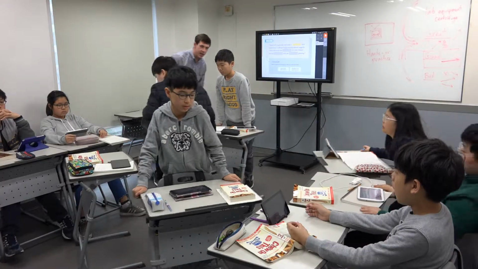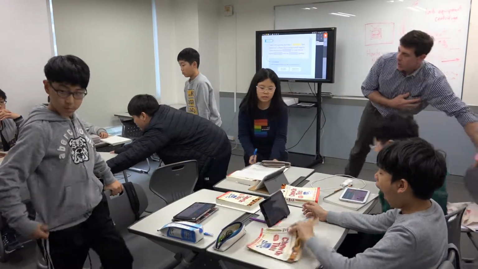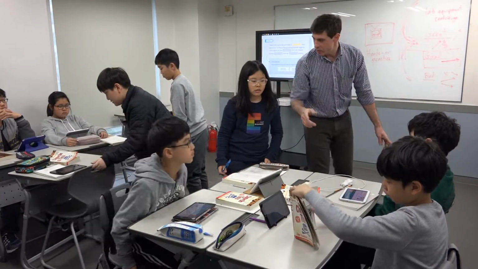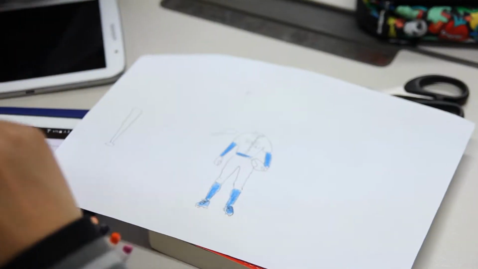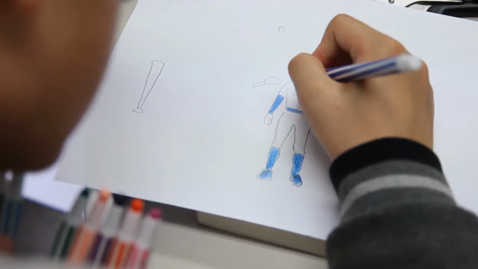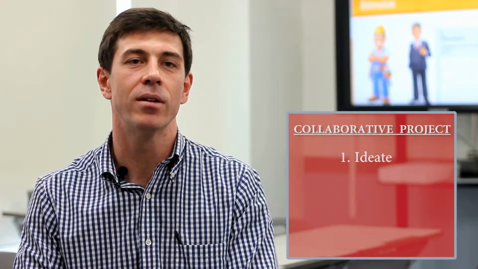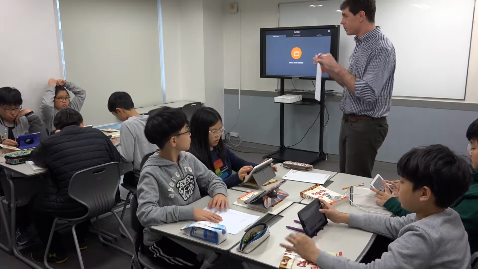For the collaborative project, not only are they practicing working together as a team, but they're also figuring out how to organize themselves and complete a much bigger project together. In the ideate section, I want them to take what they started with in the personal section, present it to their group, and start discussing the different ideas they have and which one might come together the best for the final project. Groups have 4 people, and I have 3 roles set up.